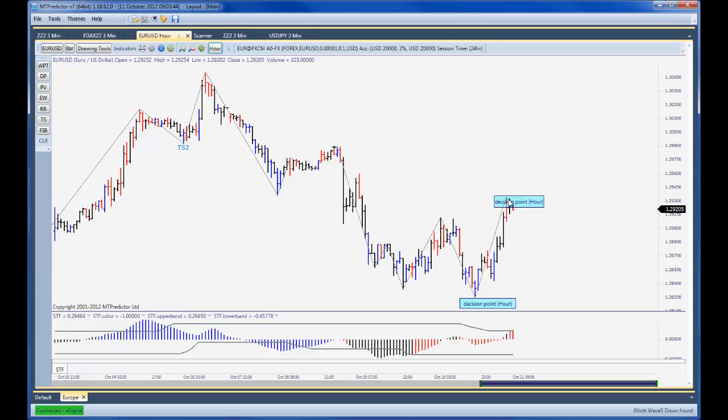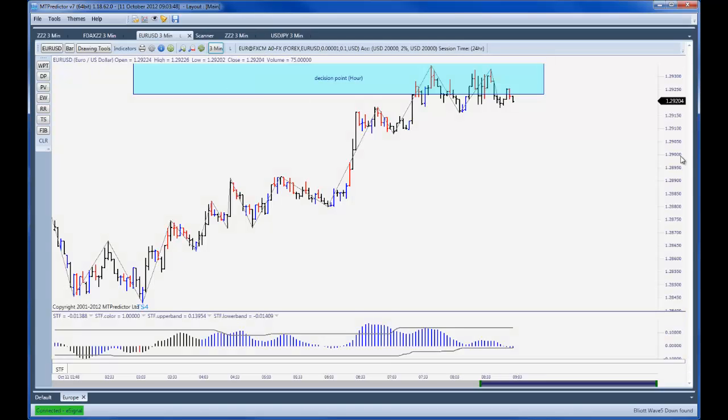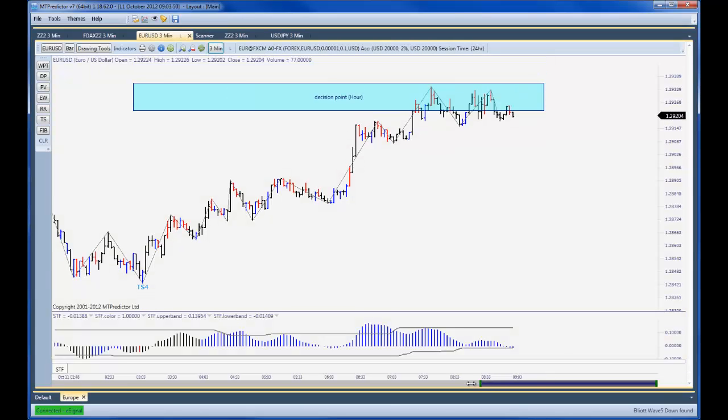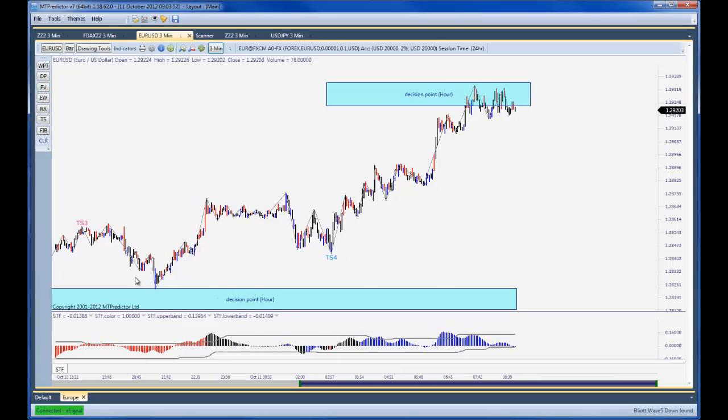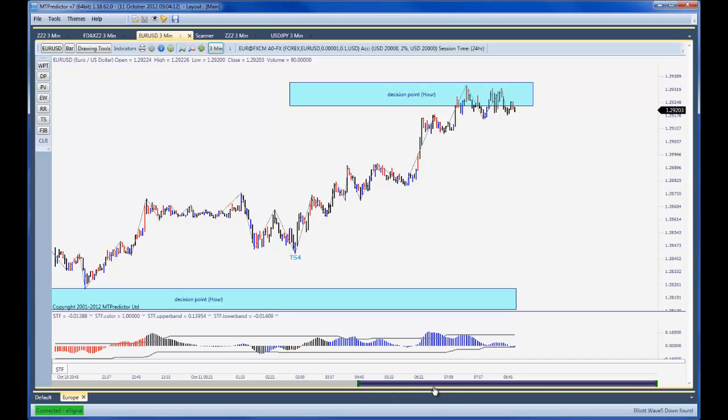So if I leave those hourly decision points on and I now come back to the 3-minute chart, can you see how, if I now zoom out, this low here was right at our major 15-minute and our hourly decision point low. The TS4 setup unfolded here, and the euro has now rallied up and stopped at our hourly decision point target here. So how does this make a difference for how you would manage this trade? Well, if we put the analysis back on again,